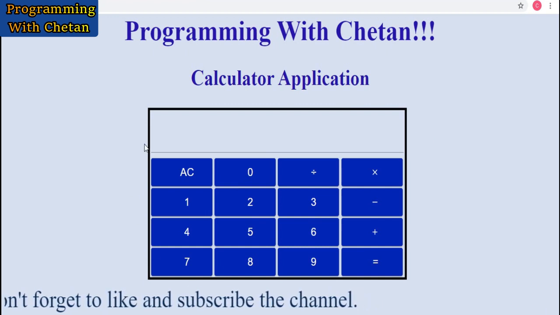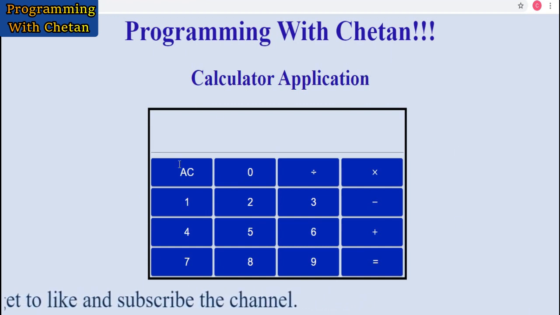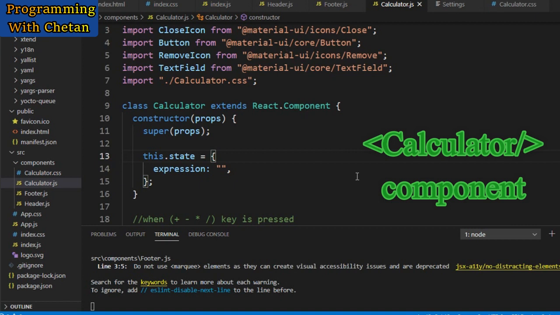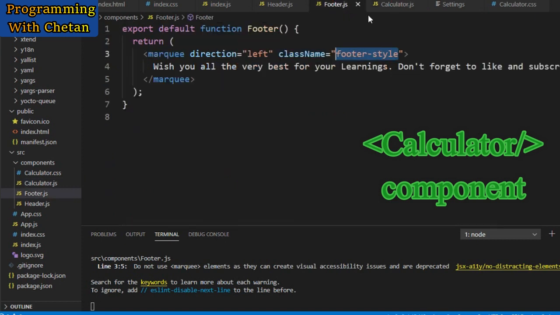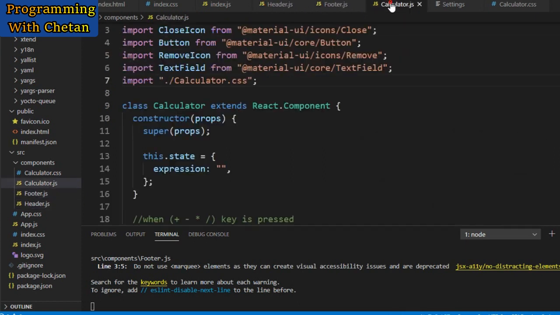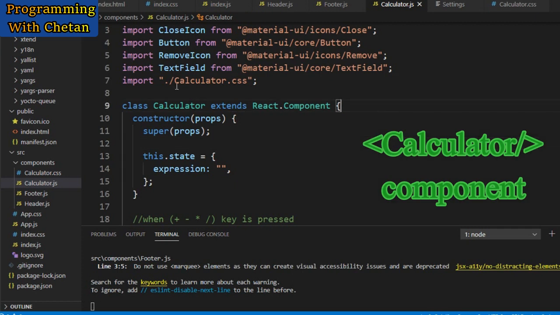Friends, now let us discuss our main component, that is the calculator component. So this is our calculator.js file, and I have already told you that in React there are two types of components: functional component, which we have already discussed in footer.js and header.js, and our second type of component is class component. So this is our calculator component, and this component is extending